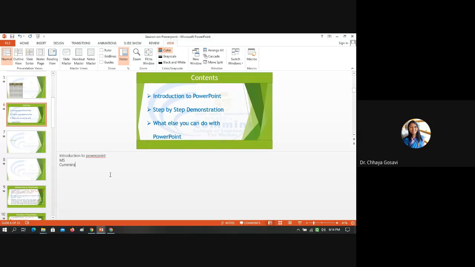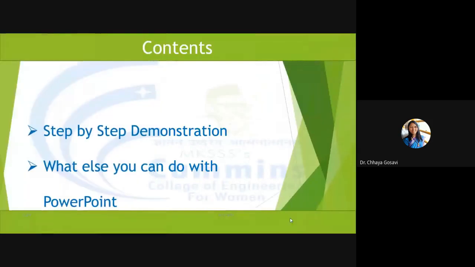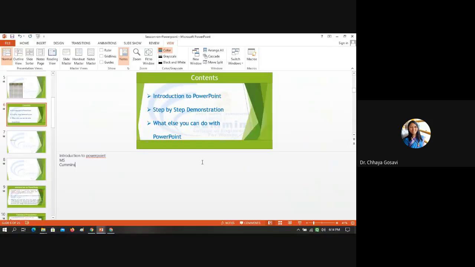These notes are not visible to the audience when I do the slideshow, but it will be visible to me if I choose the reading view or notes view.